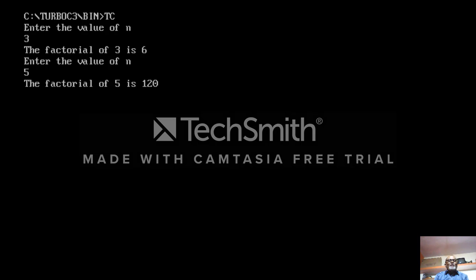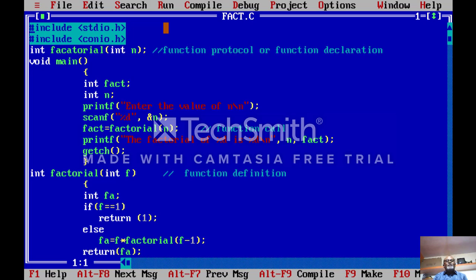The factorial of 5 is 120. That means 5 multiplied by 4, that is 20. 20 multiplied by 3, that is 60. 60 multiplied by 2, that is 120. And 120 multiplied by 1, that is also 120. In this way, we can use the recursion method.